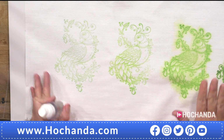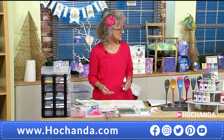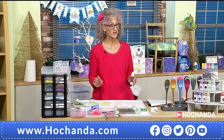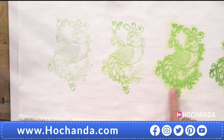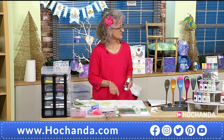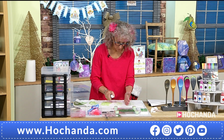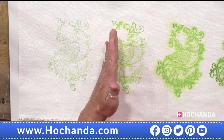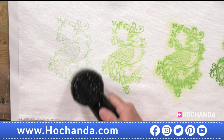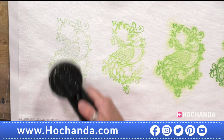Exactly. So quite often I spritz something and I might dry it off straight away, or I might just observe it for 5 minutes, or I just walk away and leave it for the day and come back. And sometimes if I spritz it and my ink pad is a little bit dry, I might go over it again and give it a second impression so it's got a little bit more pigment. So you can see how it's beginning to spread, and obviously the more water we add, the further it's going to spread. Actually, I'm just going to dry this one off, because I don't want to spoil this piece by the water spreading this pigment,